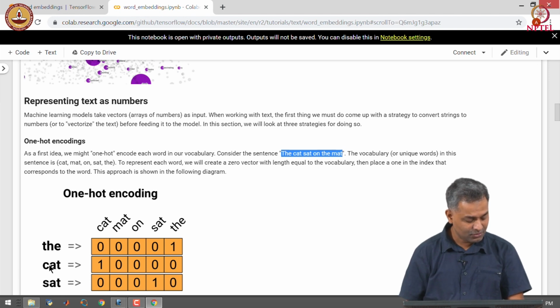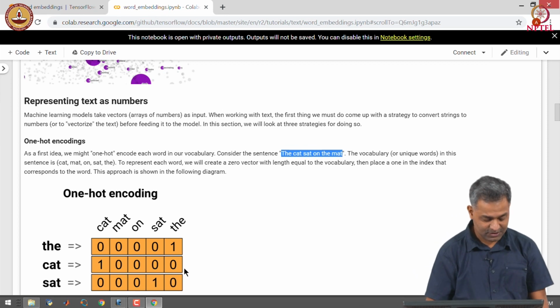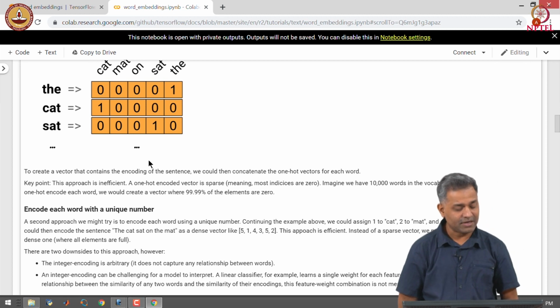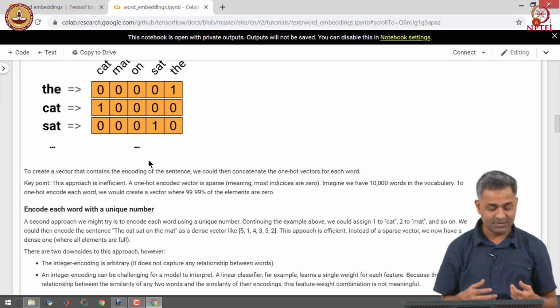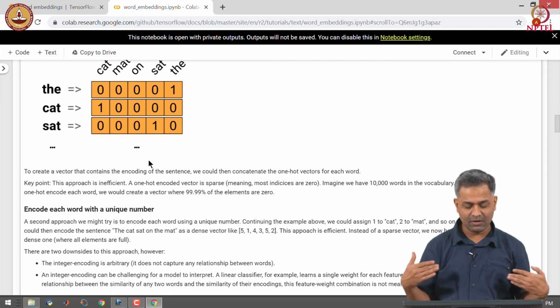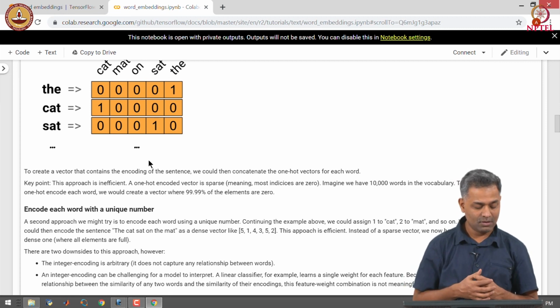You can see the same thing for cat. For the word cat we have the position corresponding to cat as 1 and the rest of the positions are 0. Same thing with sat. To create a vector that contains encoding of a sentence, we concatenate these one hot vectors for each word.